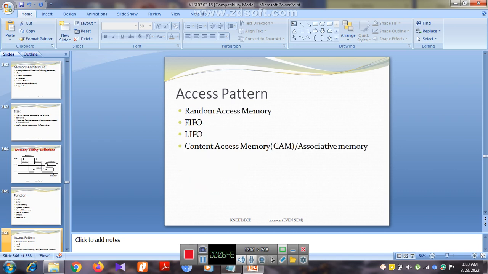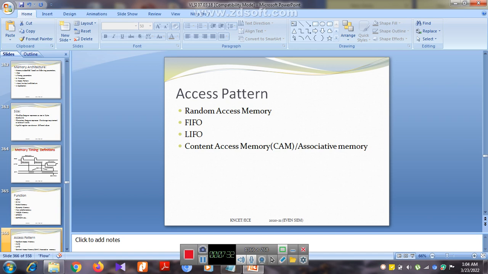And then the access pattern, which is how the memory accesses all the data. In random access memory, whenever the power is on, the data will be stored. If the power is off, the data will be lost, which means it cannot be stored there. And then the data is either stored as LIFO or FIFO. FIFO is a first in, first out operation,